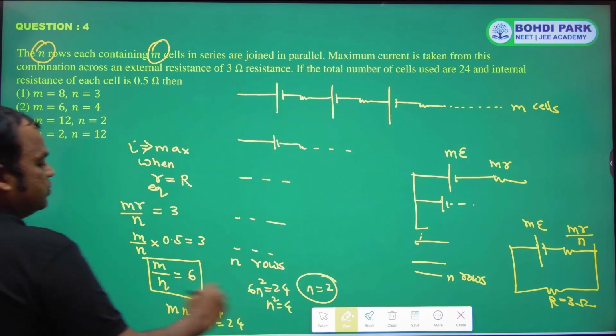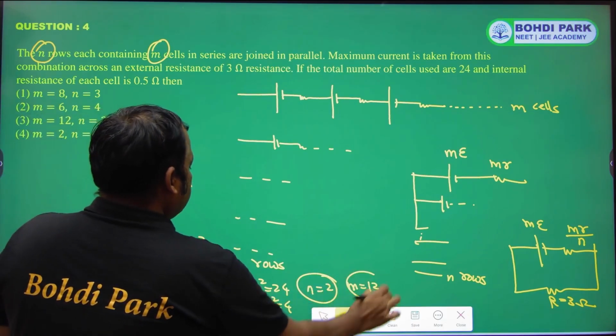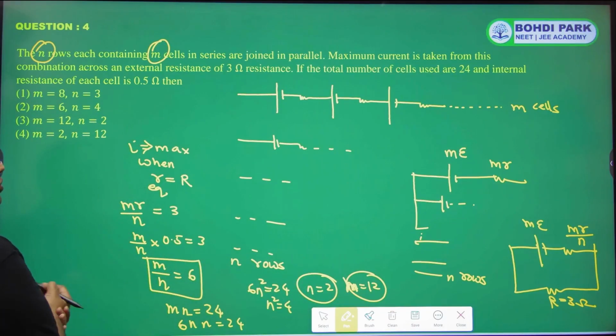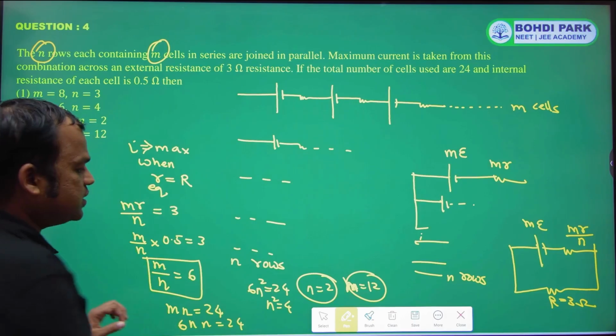When n is 2, m is 12. So 12 comma 2, third option. Okay, done. Next,